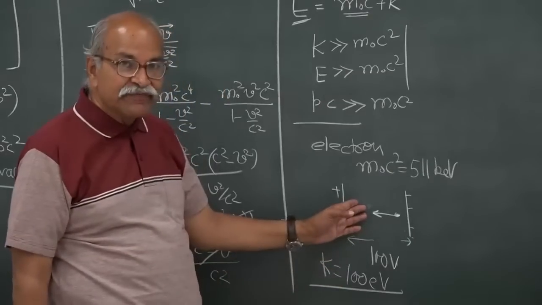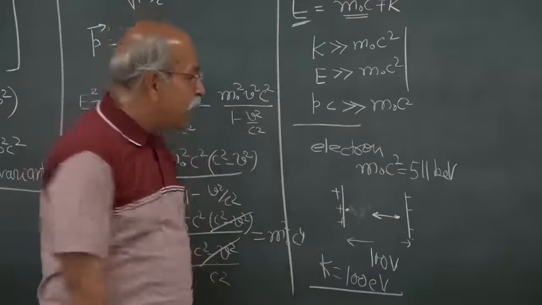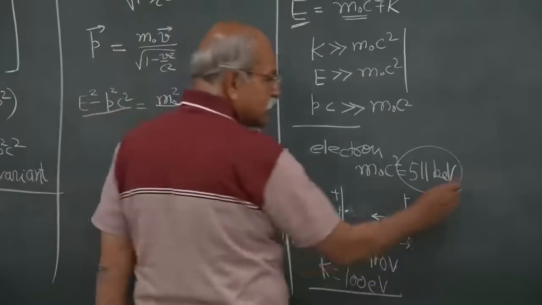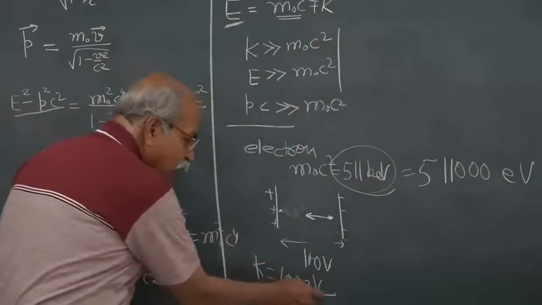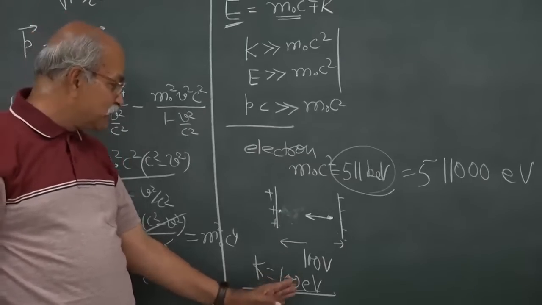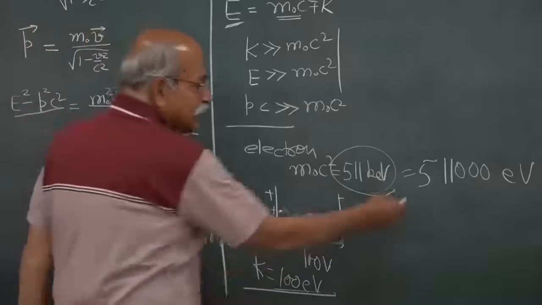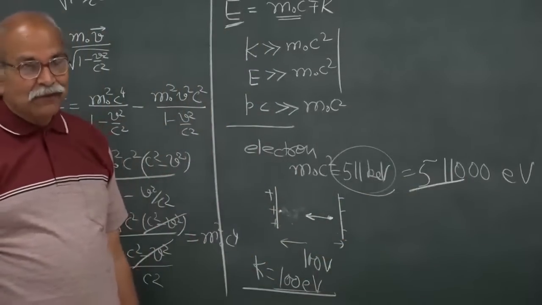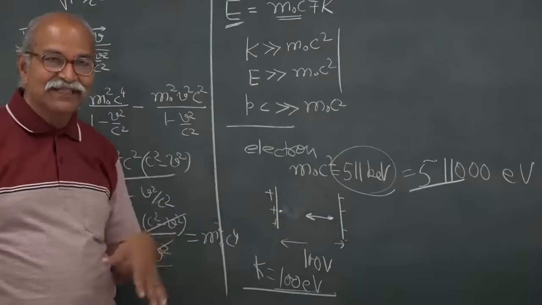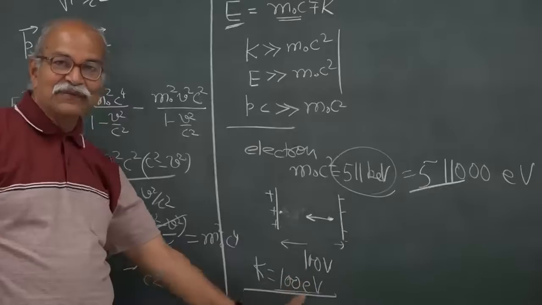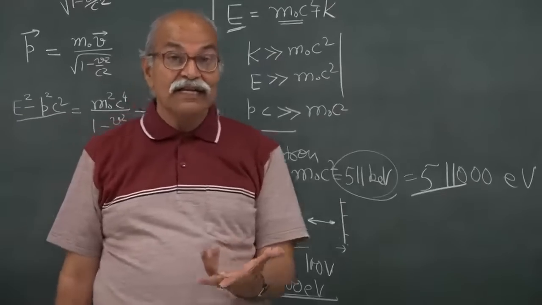Should I apply relativity? Unless I am doing very sophisticated measurements with a lot of accuracy, the rest mass energy is 511 kilo electron volt. So, this is 511,000 eV, and this is 100 eV. So, this is much smaller than the rest mass energy, it is 1 in 5000. So I will say that okay, Newton is okay, F is equal to ma and half mv square and all that, and v is equal to u plus at, all those things will work very well here. But then if you are accelerating an electron in an accelerator,